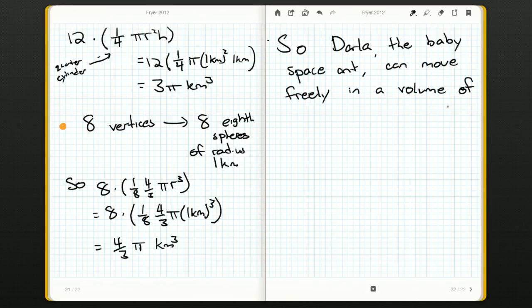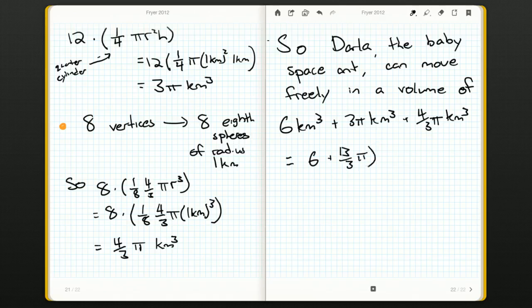So what's the volume of the space that she can move? Well, 6 kilometers cubed plus 3 pi kilometers cubed plus 4/3 pi kilometers cubed. That seems kind of small, that last one. I guess the math checks out. That is the formula for a volume of a sphere. And so that's going to be, I guess we can group the pi's together. So that's 9 plus 4. So 6 plus 13/3 pi